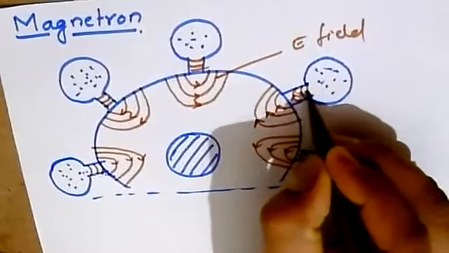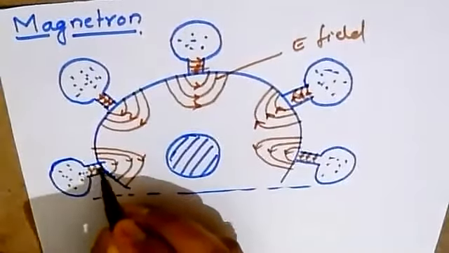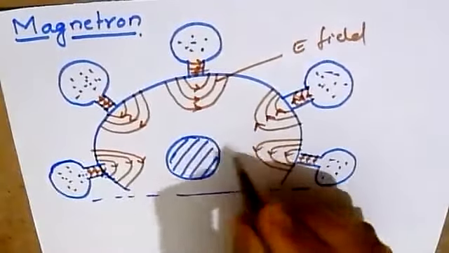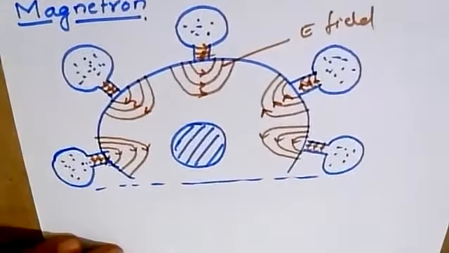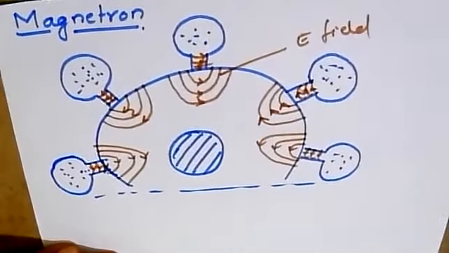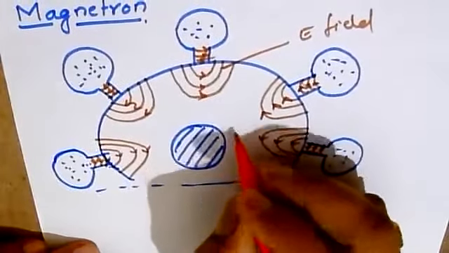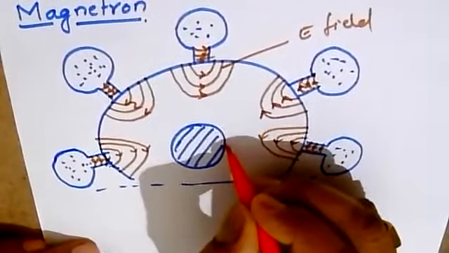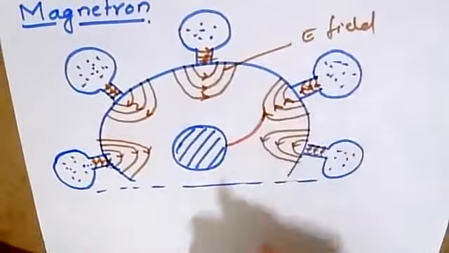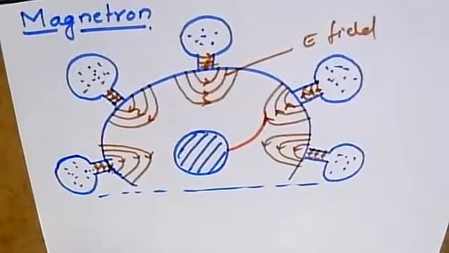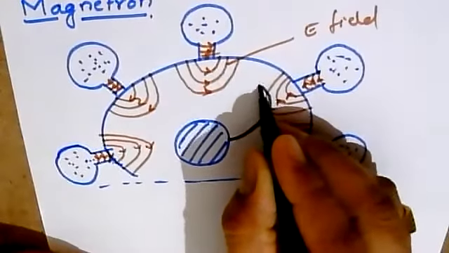We have to draw the field directions over here. This is the electric field direction, and this is the cathode obviously. Now, in the presence of RF field, how is it going to vary? Let me explain. Let me take an electron over here. This particular electron starts its journey over here. Initially it starts towards this point. I'm taking the black pen so it will be easier. So this is the path followed here. The electron will be moving like this.